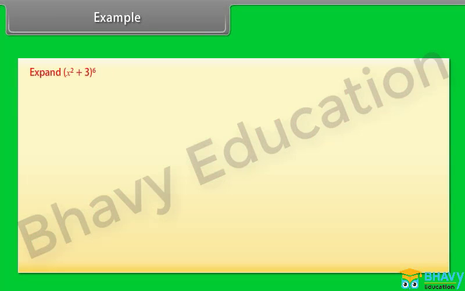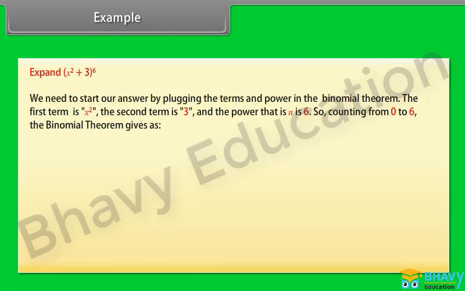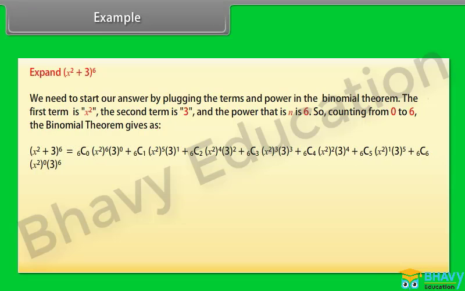Example: expand (x² + 3)^6. We need to start our answer by plugging the terms and power into the binomial theorem. The first term is x², the second term is 3, and the power, that is n, is 6. So, counting from 0 to 6, the binomial theorem gives (x² + 3)^6 equal to 6C0 × (x²)^6 × 3^0 plus 6C1 × (x²)